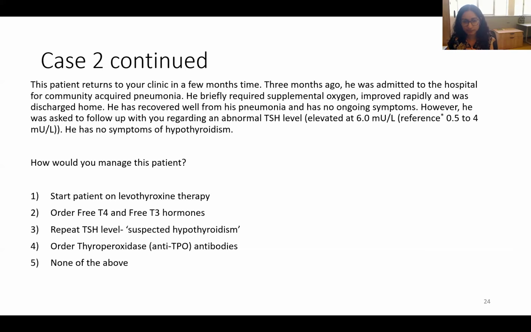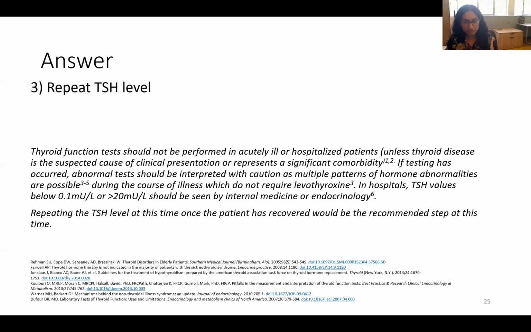So you're dealing with this abnormally elevated TSH of 6.0. Do you start them on therapy? Do you order and confirm with the free hormones? Do you repeat a level? Do you order the antibodies to help guide your answer, or none of the above? Again, they're all kind of tempting options, but my answer here would be to repeat the TSH level, because thyroid